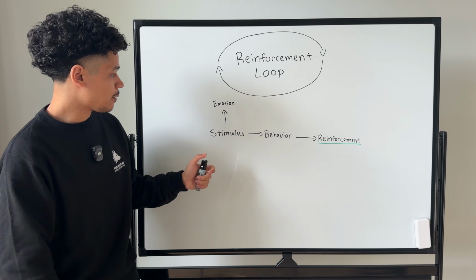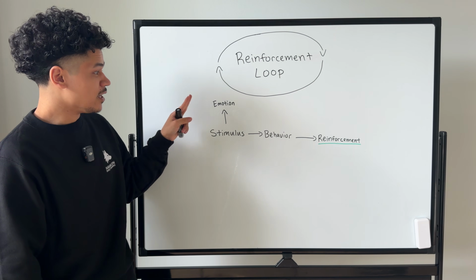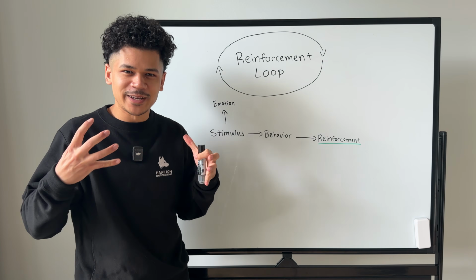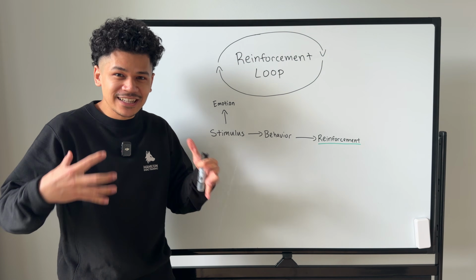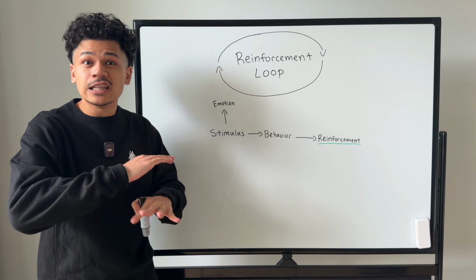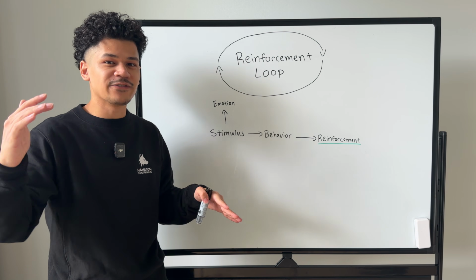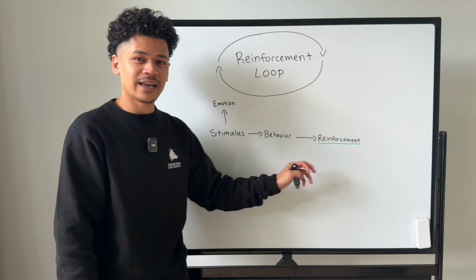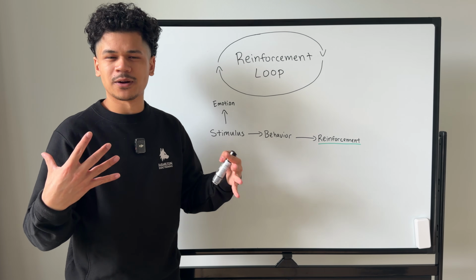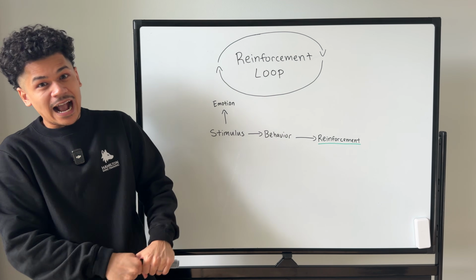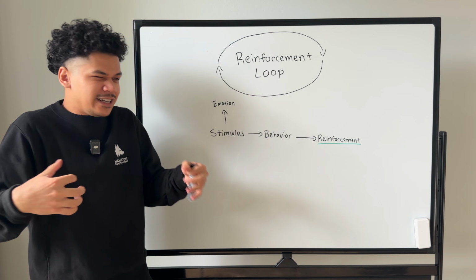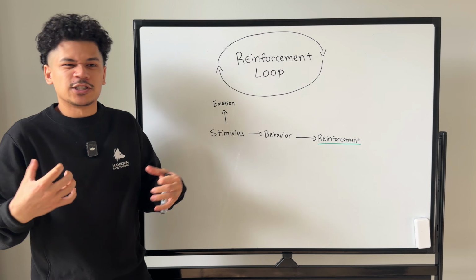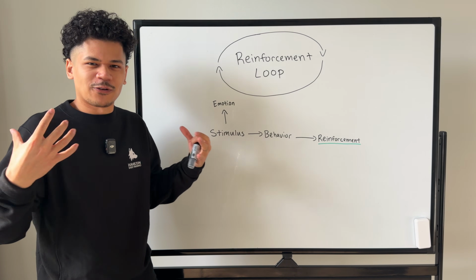Or on the other hand, let's say that when your dog sees other dogs in the environment, the emotion they feel is excitement. It's arousal. They get really intense around the other dogs. Maybe they love playing with other dogs. It's like their favorite thing ever. And so when they see other dogs in the environment, they're anticipating receiving all of that reinforcement from the other dog. You're holding them back on the leash, so they're really frustrated and they want to get to the other dog, but they can't. And so they're barking and lunging at them because they're frustrated.